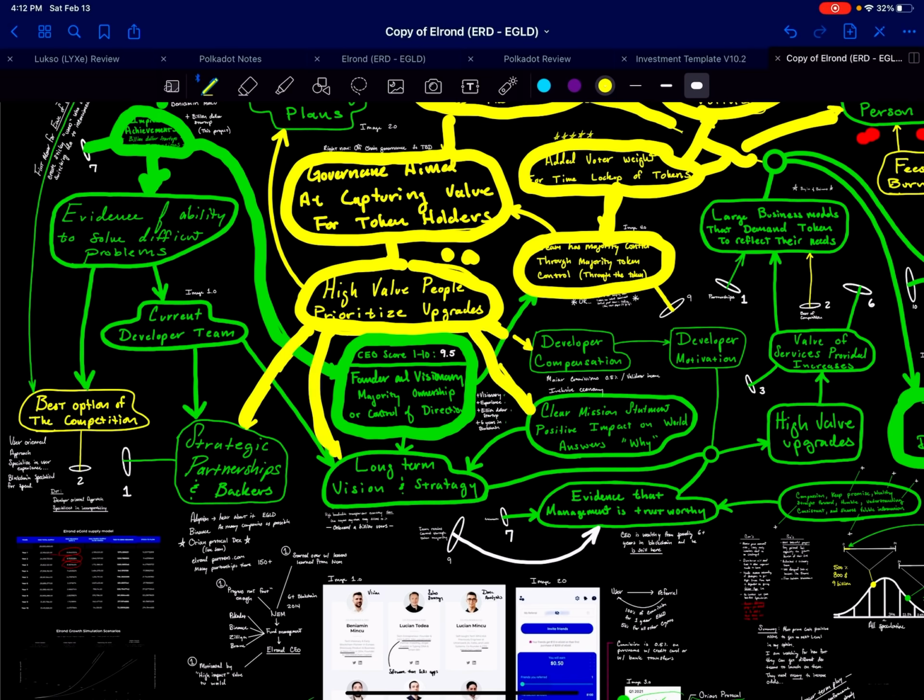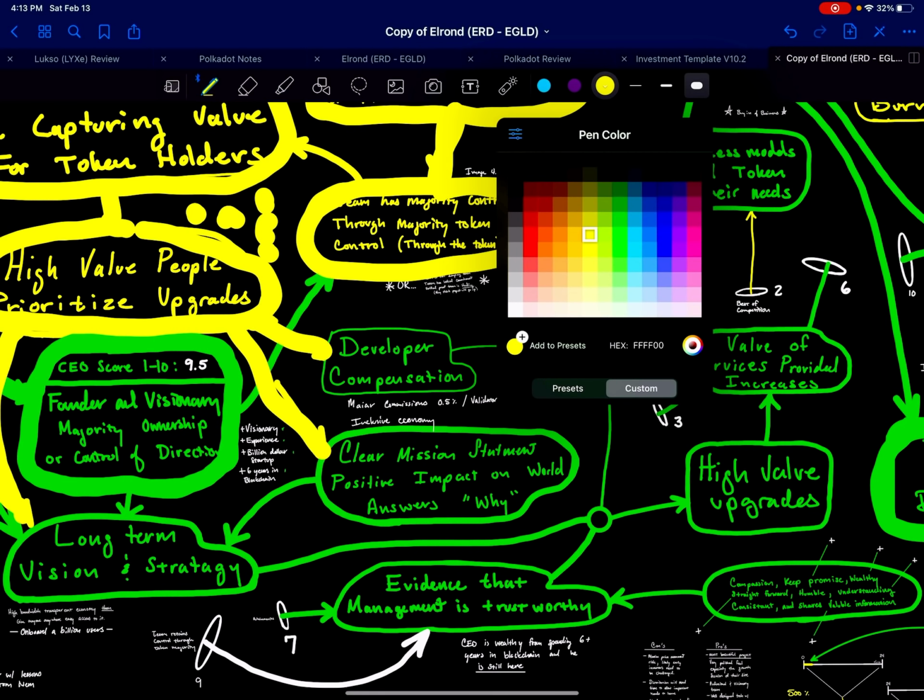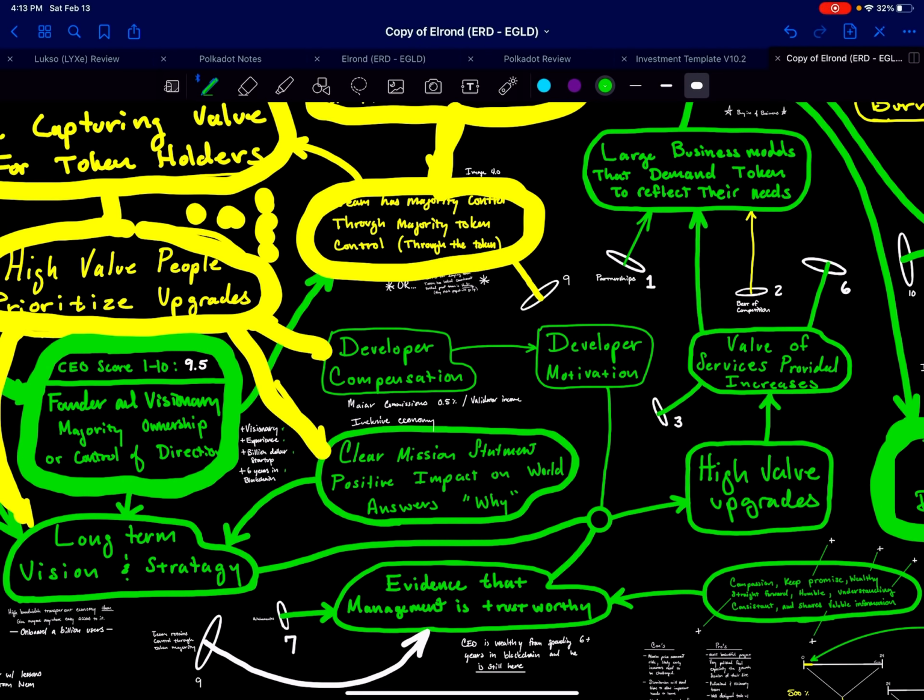But the team is going to want to hand off that control in the future, and that's something to watch for as well. And that's why I put this as yellow, because we don't know what this governance is going to look like. But one of the good things is they understand that once you put that governance in place, it's very hard to reverse anything. So it has to be right out the gate. And I absolutely agree with that. When you do governance for a blockchain, you have to get it right out the gate. If you have bad governance off the bat, you doom your project to failure. That's what happened to EOS. I don't want to get into that, but they made some mistakes with governance. And when you have bad governance out the gate, you're dooming yourself to failure. And so they understand that risk.